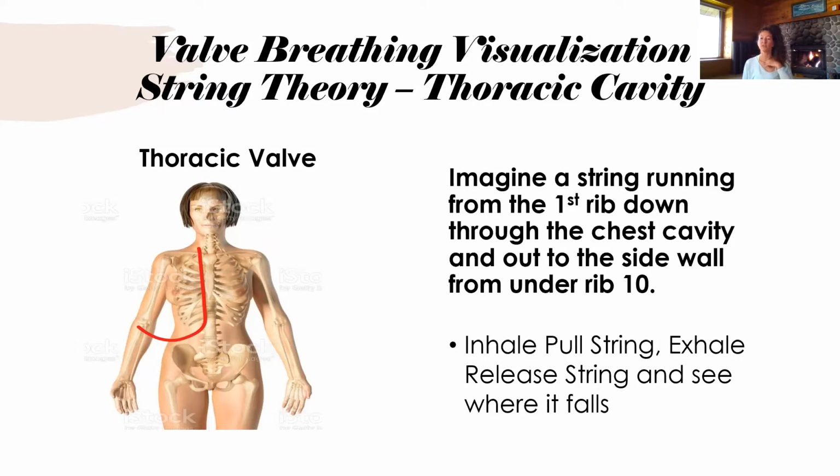If you find your first rib, and if you think about where your collarbone intersects your breastbone, your first rib attaches right under that, and you can kind of follow it to the side, and then you could follow it right above the collarbone. And if you were to imagine a string tied right above the collarbone to that part of the rib, and visualize the string dropping straight down through that right side of your rib cage, and then it kind of acts like a J, like the picture shows, going down all the way below your ribs, and then pulling out to the side,